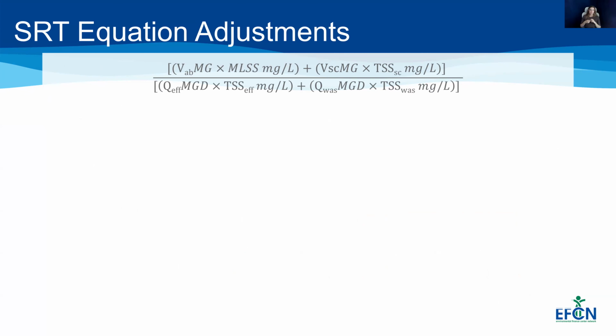Very similar to some of our other loading problems, in order to find the mass of our suspended solids, we would multiply the concentration times the volume of our aeration basin. To find it for our secondary clarifier, we would multiply our solids by the volume of our secondary clarifier. Then to find out how much solids are leaving the aeration process, we would have the total suspended solids flowing out through the effluent and how much is wasted as well.